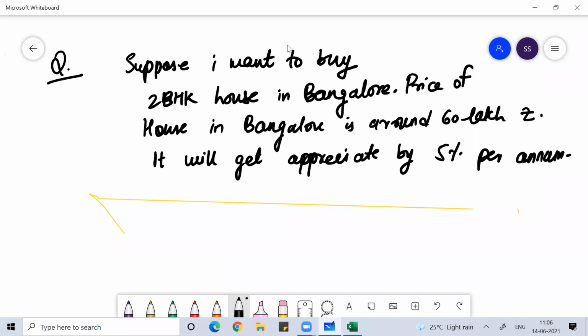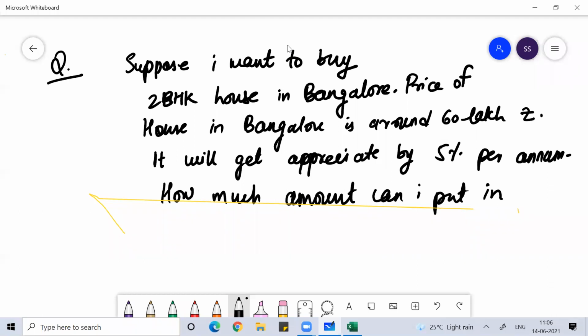So my question is, how much amount can I put in mutual fund every month, or let it be every year, because I don't want to make it complicated?